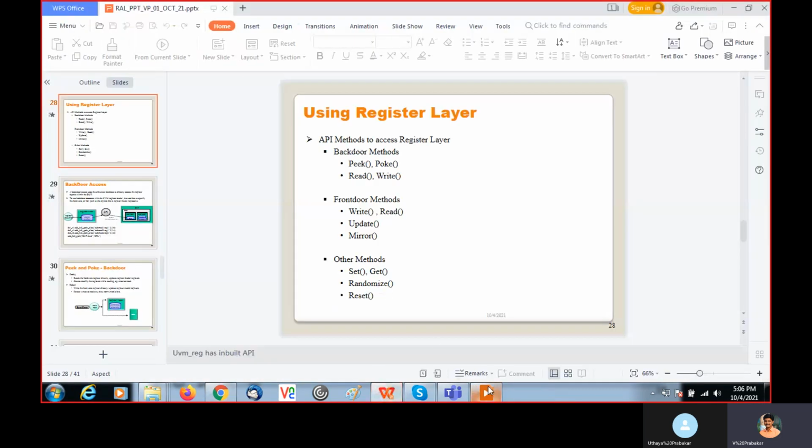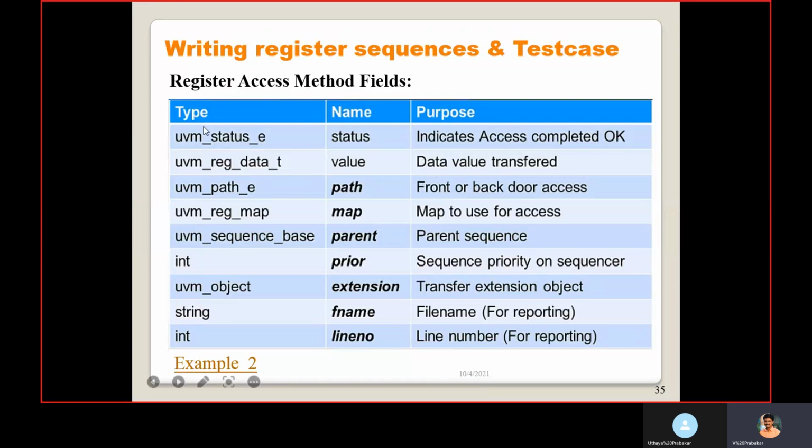Those things I mentioned here: these are the types, these are the names, and these are the purposes. If you want to add anything, you can pass it as an input argument. But value is compulsory. There is no default value. So we need to pass the value when you perform write.